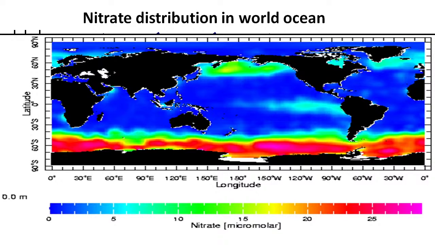There are other limitations, for example, the availability of iron. You must have heard about this. Professor Martin from the Hawaiian Institute once proposed, "Give me half a tankard of iron and I will give you an ice age." He showed through experiments that in these zones where the nutrient concentration is quite high, the equatorial Pacific where the upwelling takes place, and the Southern Ocean, so many unutilized nutrients are there that if you add the iron, which is not there in a good enough amount to support productivity,